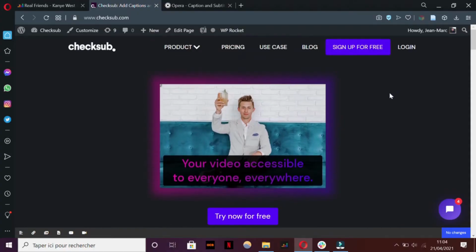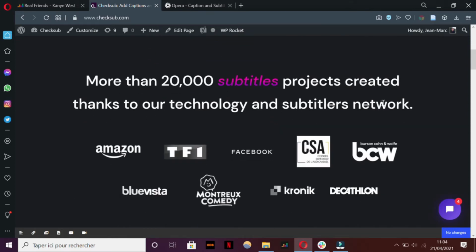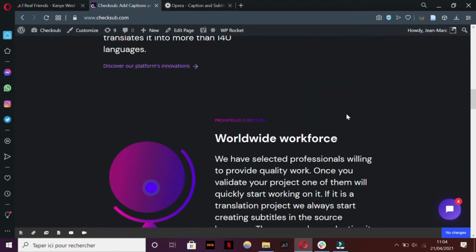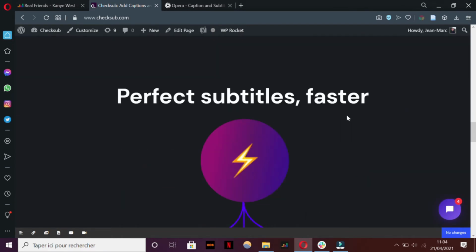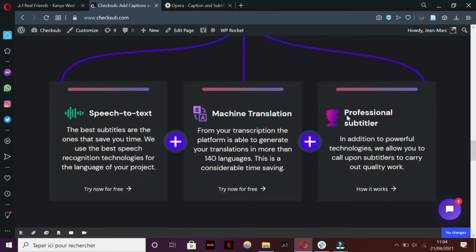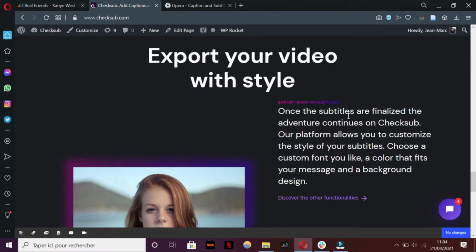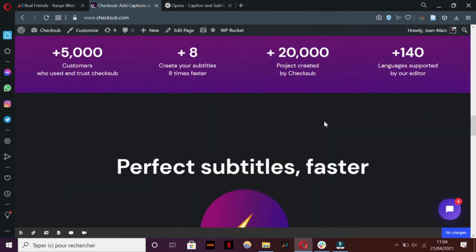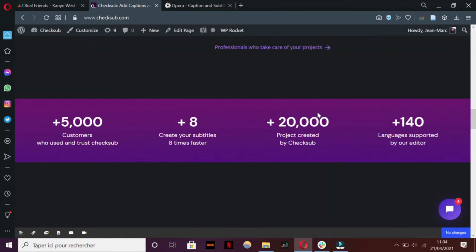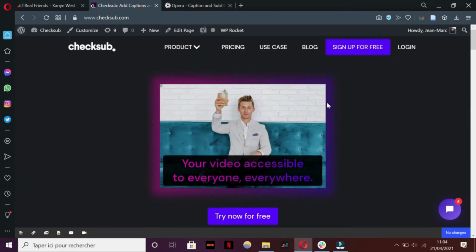What we provide is accurate speech-to-text transcription, an advanced machine translation application, and a user-friendly subtitle editor with which you can edit your subtitles easily. Most of all, what is interesting with our application is that you can collaborate with subtitle translators who can easily handle your big video projects.